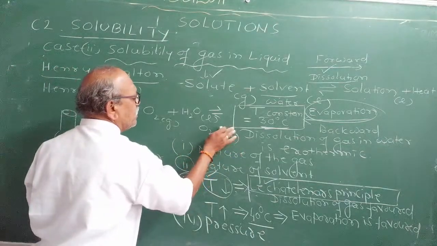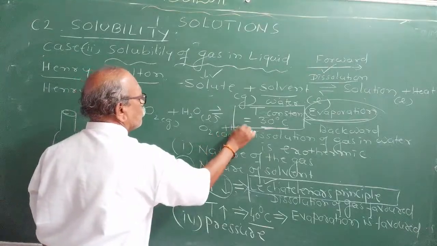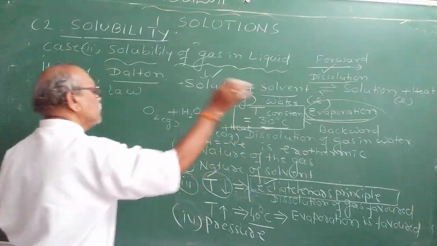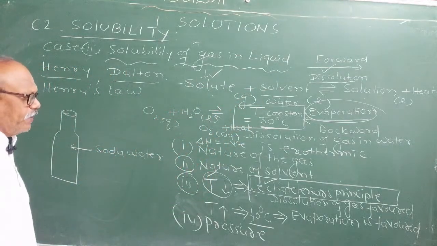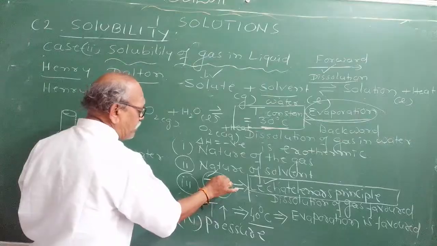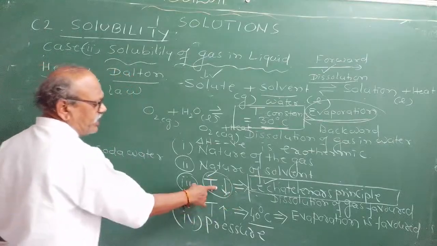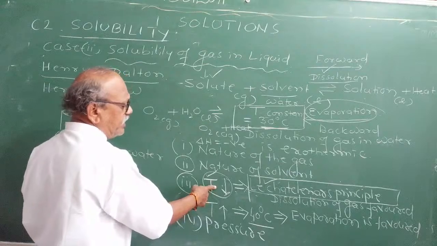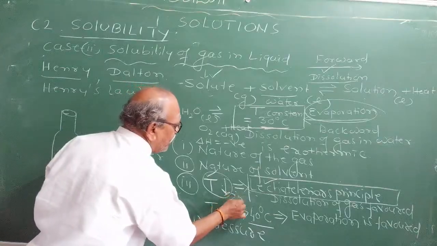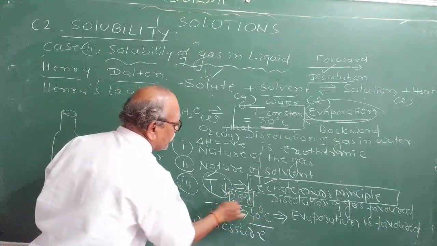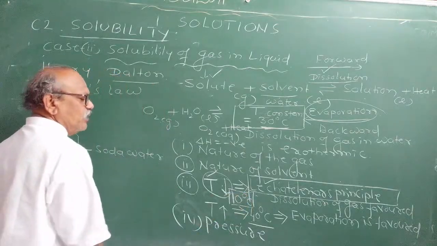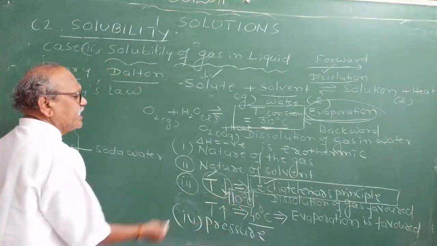This forward reaction liberates heat energy, so delta H, the heat content change, will be negative. Heat energy is given back to the atmosphere. In the winter season the temperature will be low and you will feel cold. In the rainy season, when the temperature decreases, say to 25 degrees centigrade, the room temperature decreases. Even in many places it goes to negative temperatures. When the temperature is decreased to 10 degrees centigrade, to restore it,